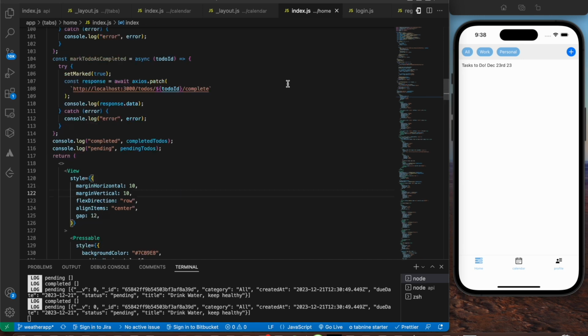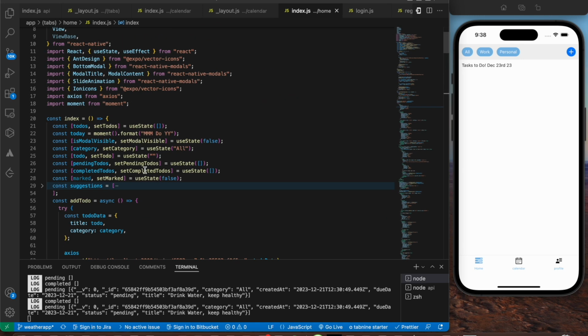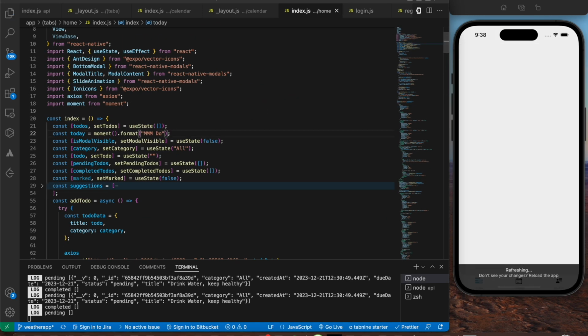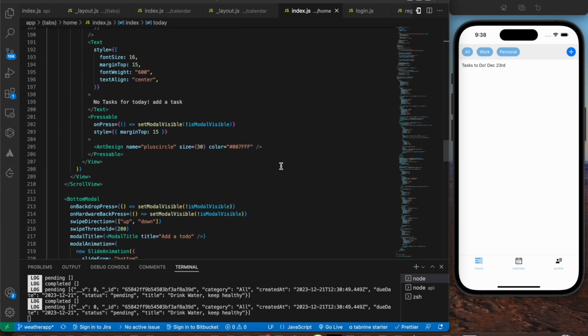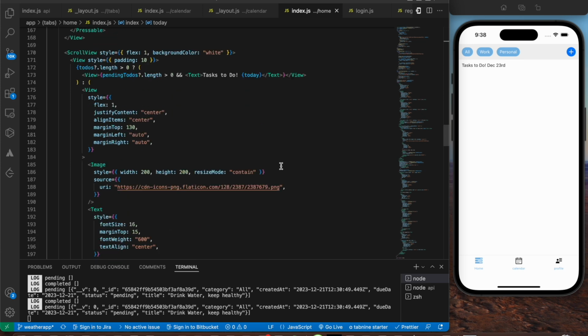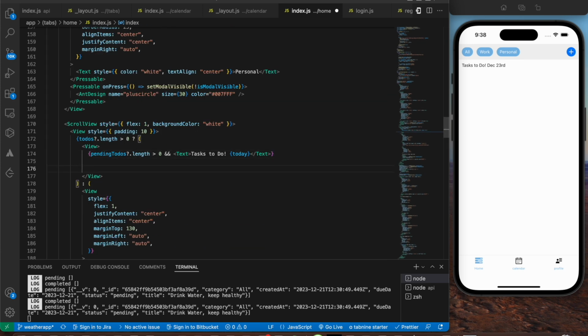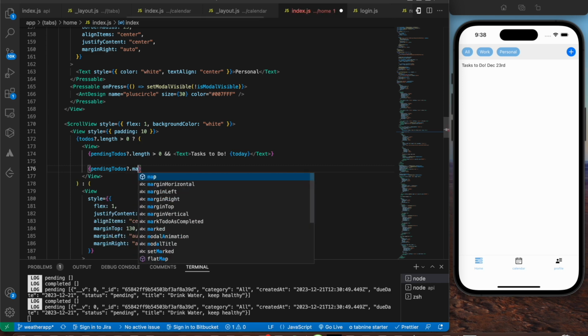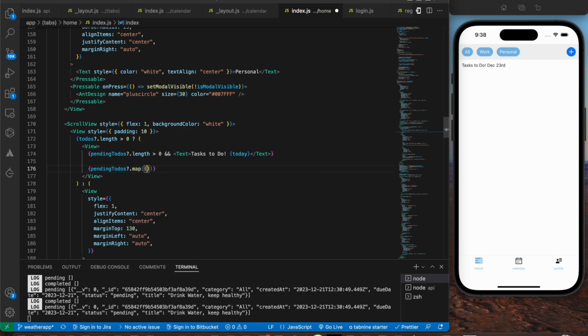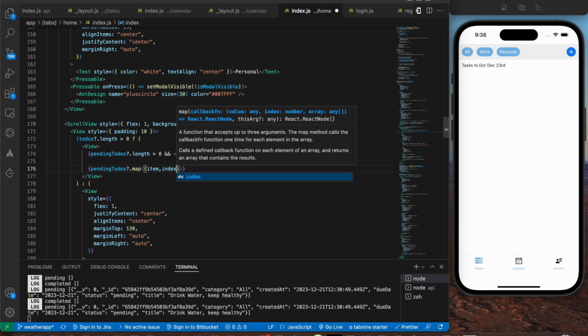If you want, you can remove 23 at the last. So just remove this particular year. Yeah, that's looking better. So now let's map over the to-dos and then let's design it out. That's over here. So here I'm going to say pending to-dos dot map. So for each and every item and then index,